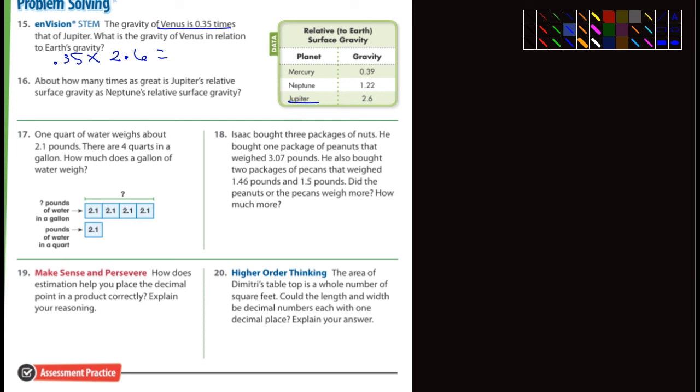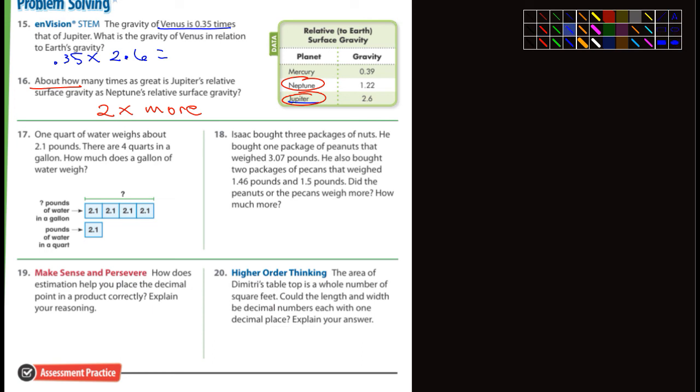Okay? Number 16, it says about how many times as great is Jupiter's relative surface gravity as Neptune's relative surface gravity. In other words, here's Neptune, here's Jupiter. Compare the two. How much bigger is Jupiter? Well, it does say about, so we're not looking for an exact answer. So you could just say about 2 times more. It's roughly twice as much. That's all they're looking for. Whenever you see about, they're not looking for an exact answer. Number 17,